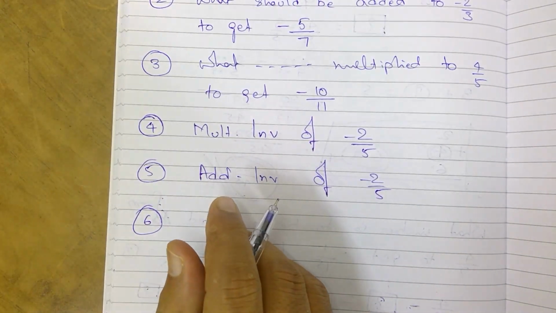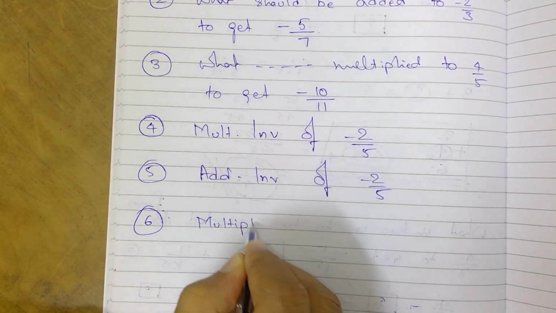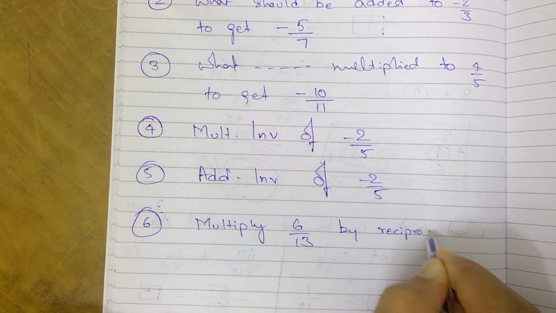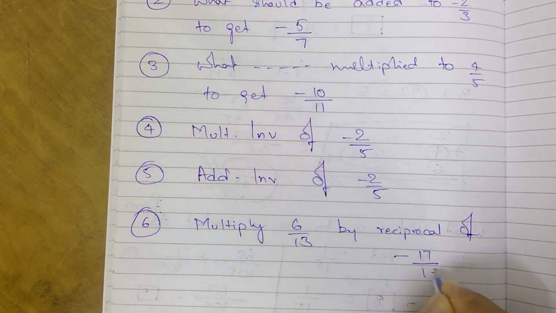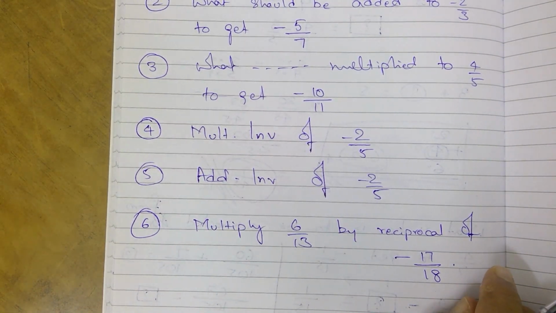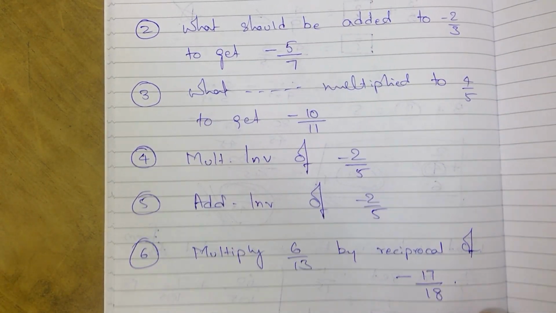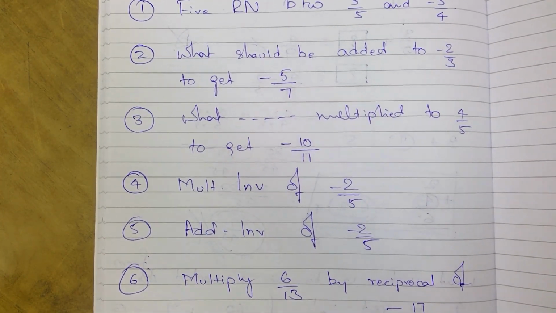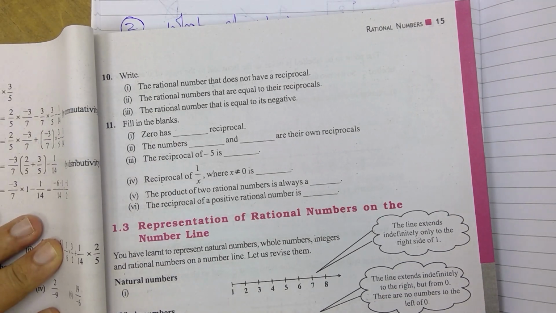And sixth one, you have a question in the textbook: multiply 6 by 13 by the reciprocal of minus 17 by 18. Okay, these are the questions I have given. See, I am now moving it slowly. If you want to copy it, pause and copy it. These are the 6 questions which can be asked, and also after that these are the bits which explain you